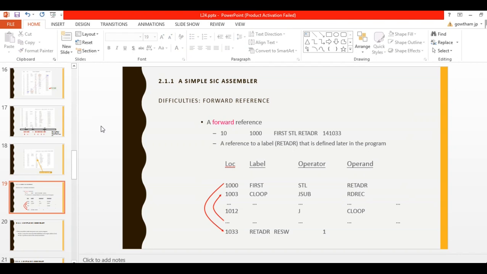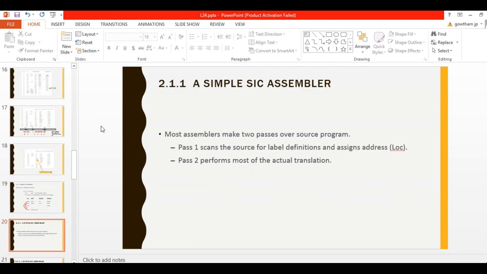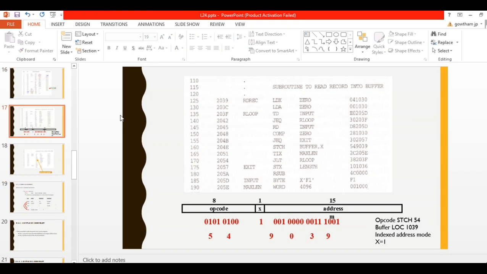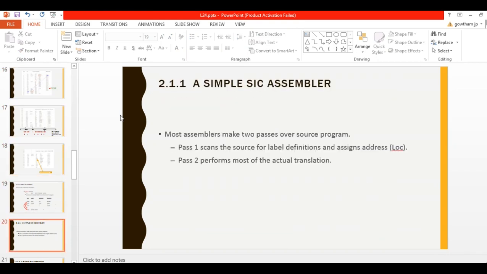So this is a problem in a simple SIC assembler. The solution is, there are two types of assembler, pass 1 and pass 2. In a one-pass assembler, the location counter value and object code are generated at the same time. First the location counter value is calculated, then the object code is generated, so the forward reference problem arises. To solve that, they divided it into a two-pass assembler, pass 1 and pass 2. In pass 1, scan the instructions and calculate only the location counter value.